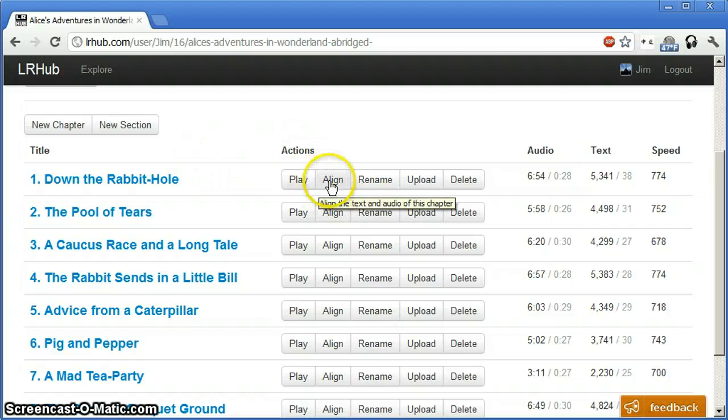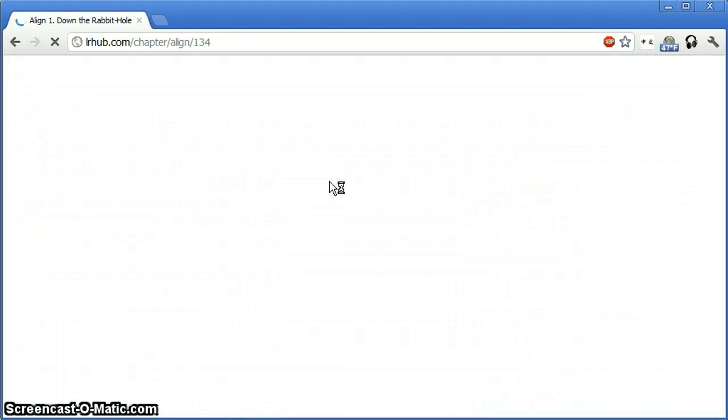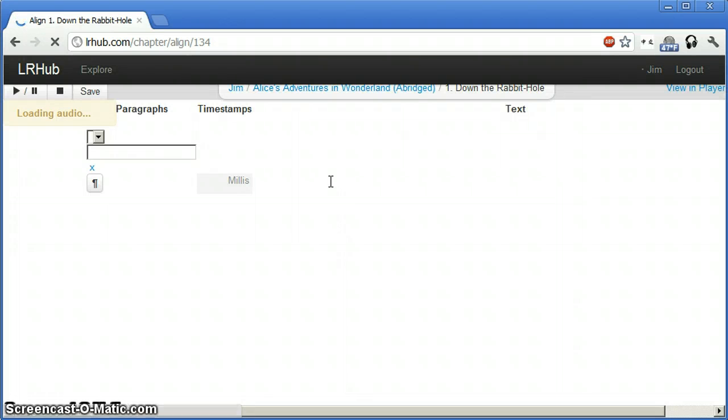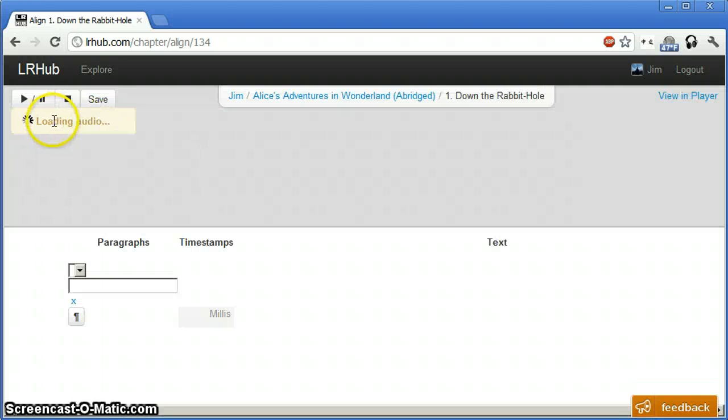So I can open up the aligner real fast here just to show how that thing looks. I also should show some Chinese content. I'm much more interested in that. I added this loading audio. I should turn that into a progress bar though. I believe that shouldn't be too hard to do.